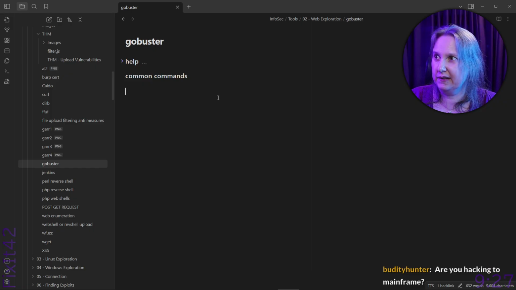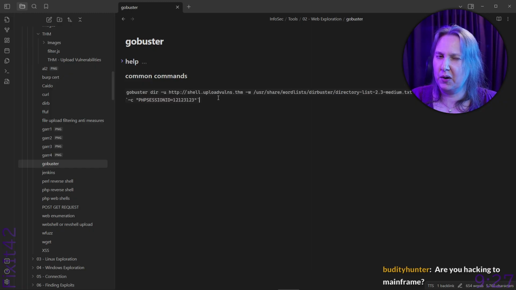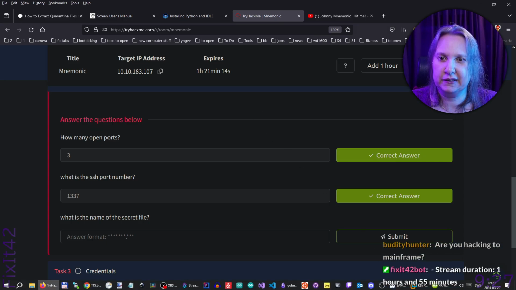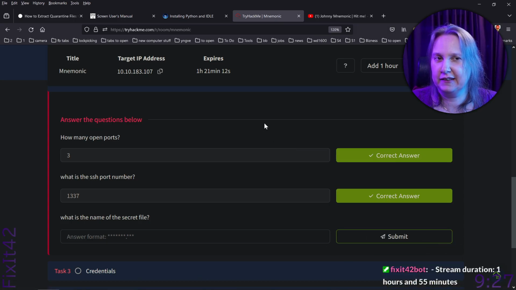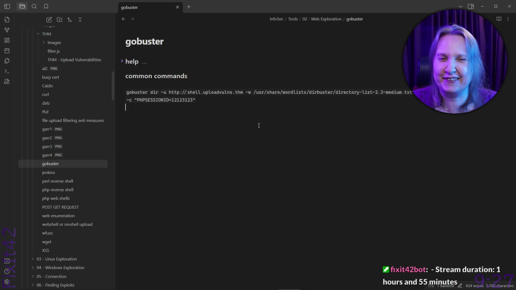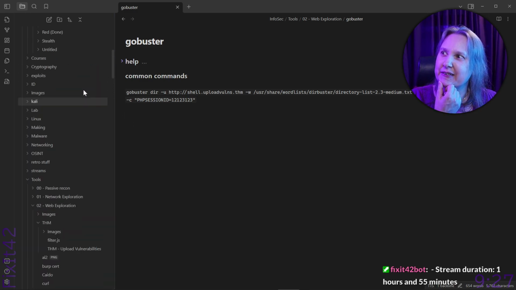Try Hack Me mnemonic. Is a name? So this one. But mainly I'm trying to learn stuff. So my main goal is to learn, simply. So we'll see how far I get, and instead of trying to hurry and get finished with this, I added help to my GoBuster list there.